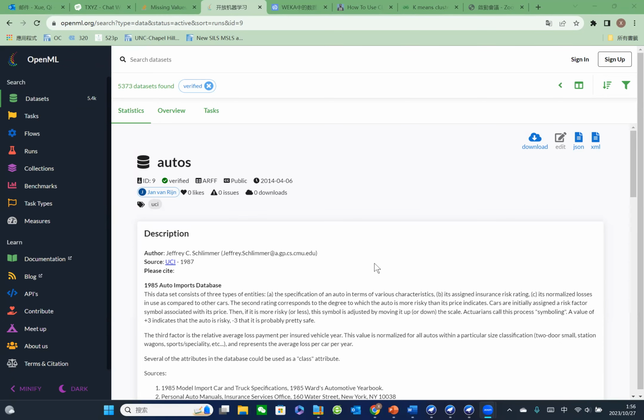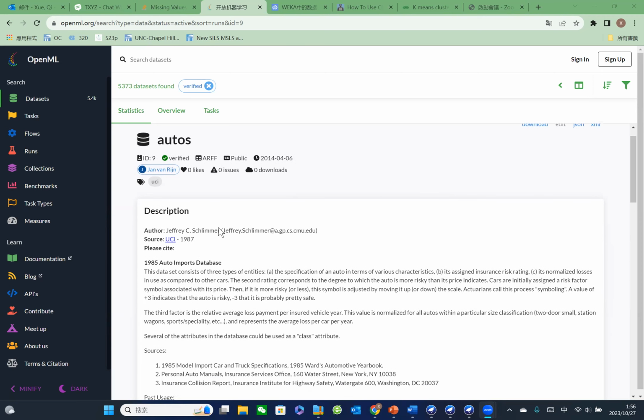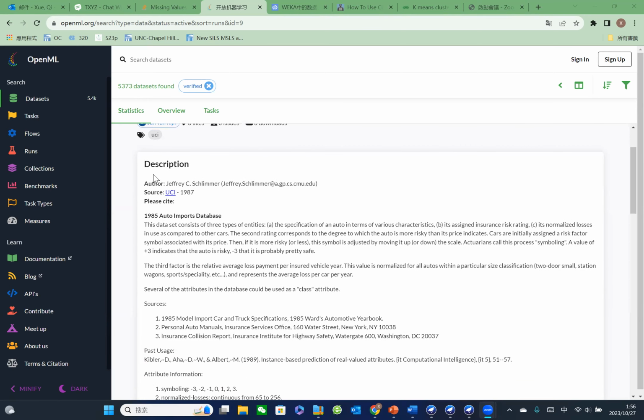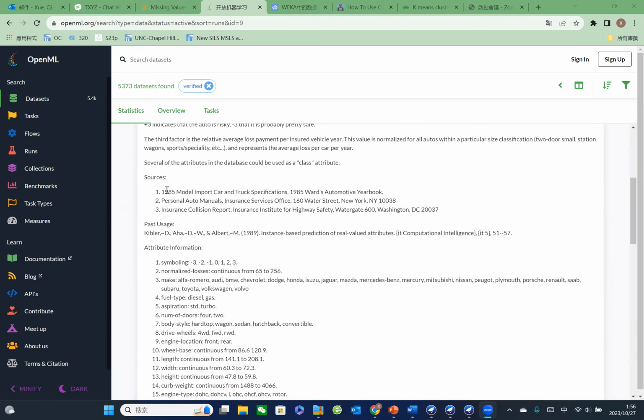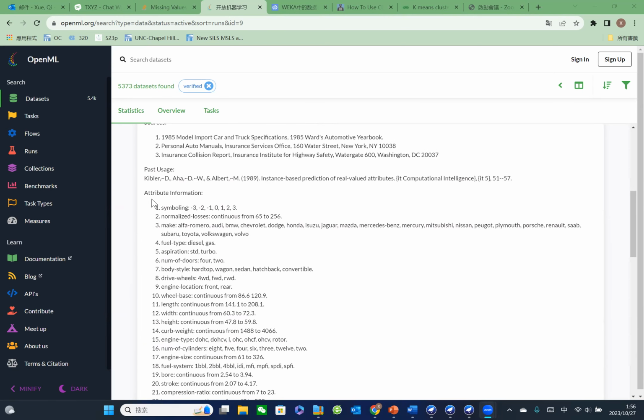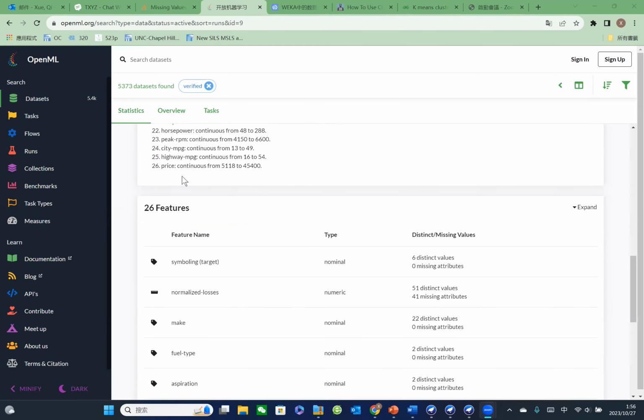After study, I start my WEKA challenge. I search and download my data sets from this website, and you can see the description of my data set and the sources of my data set, and also attribute information. There are 26 attributes, and I input the data set to WEKA,